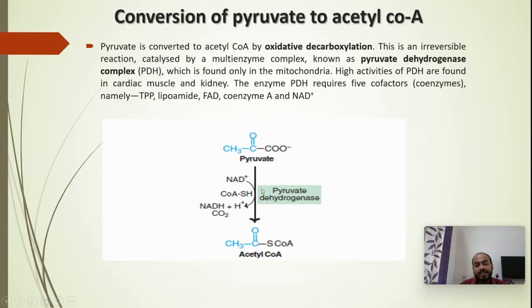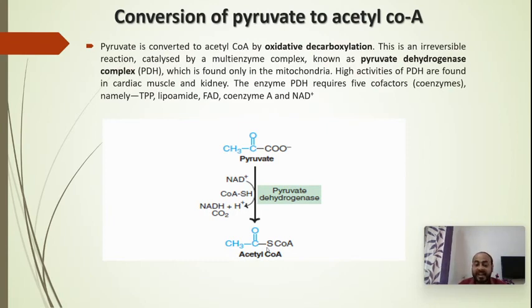And here, in the presence of pyruvate dehydrogenase enzyme, NAD plus will be reduced to NADH plus H plus. Subsequently, pyruvate will be oxidized into acetyl CoA. That is the very initial step, or we can say the interim step, between glycolysis and the TCA cycle. The beginning of the TCA cycle happens with the conversion of pyruvate into acetyl CoA